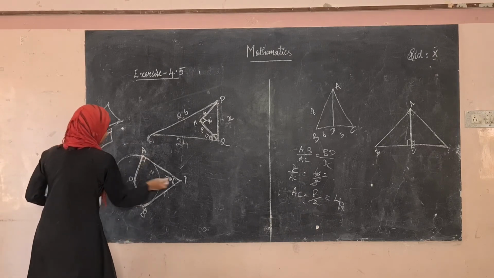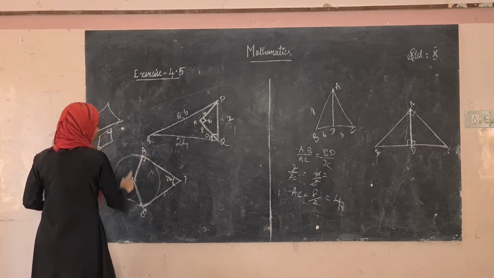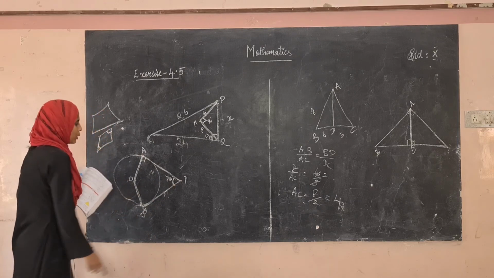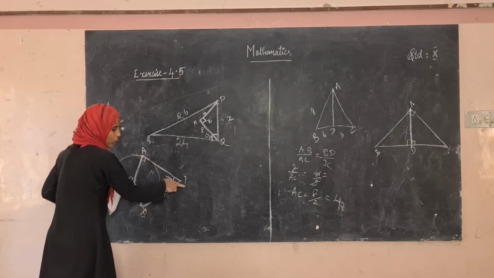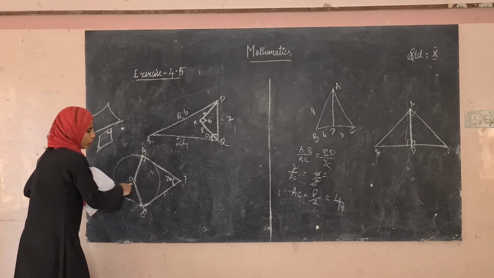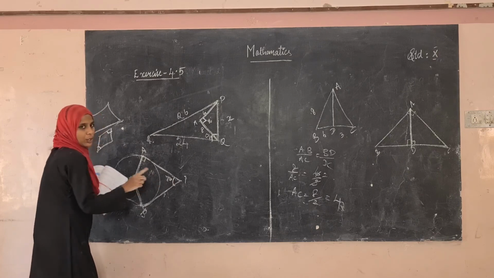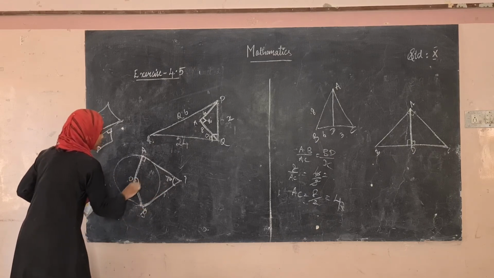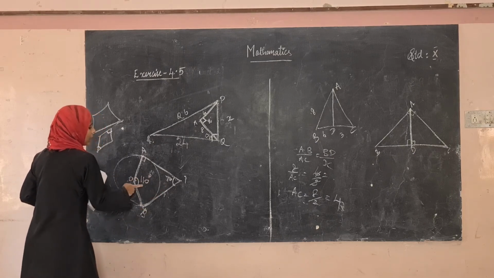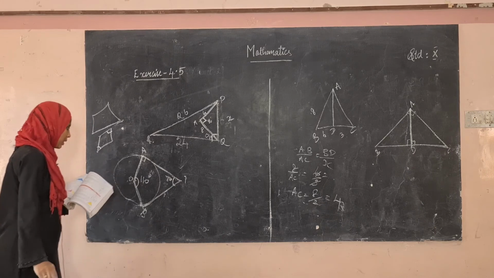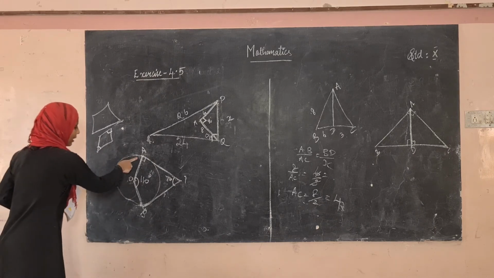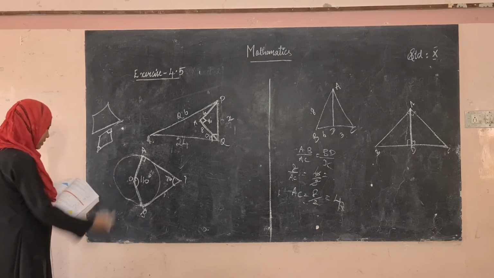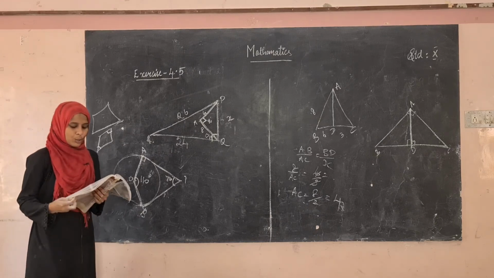See here. OAPB is a quadrilateral. So for this angle P, what is the opposite angle? Angle O. Adding both these angles, we should get 180 degrees. So 180 degrees minus 70 is 110. So this is going to be 110 degrees. 110 plus 70 is 180 degrees. They have asked us to find the value of angle AOB, right? So AOB is equal to 110 degrees. That is option 2.